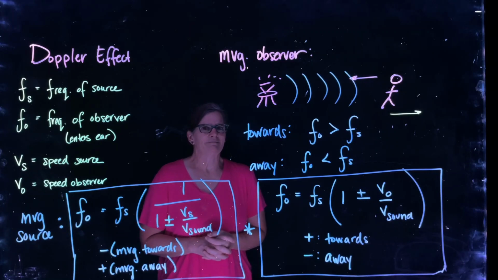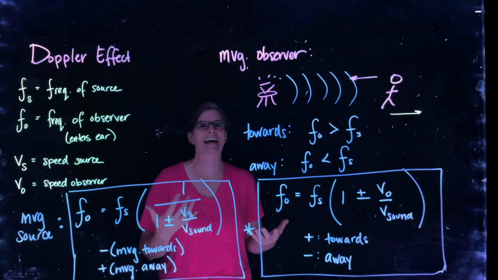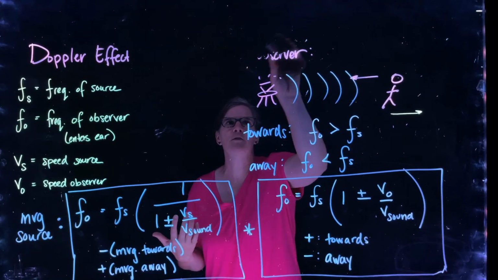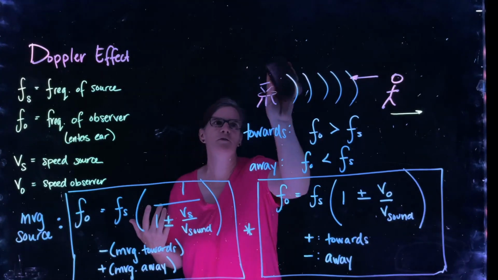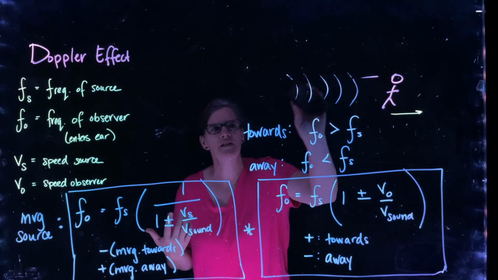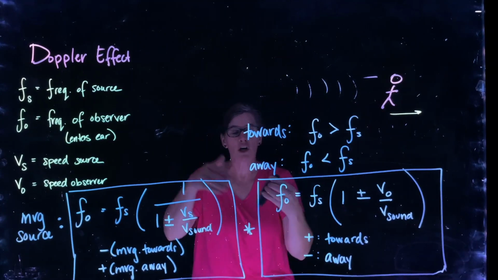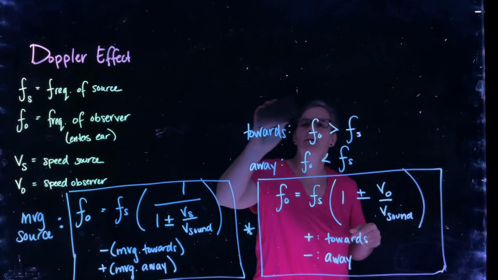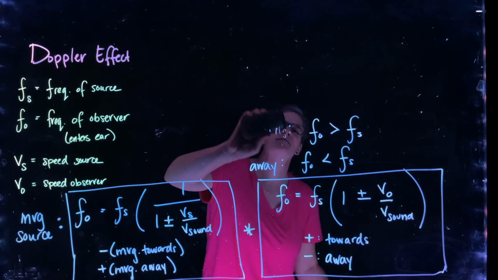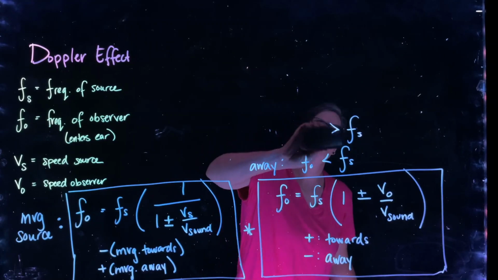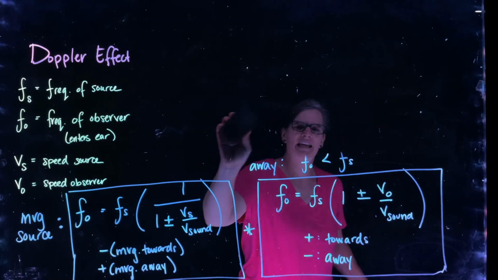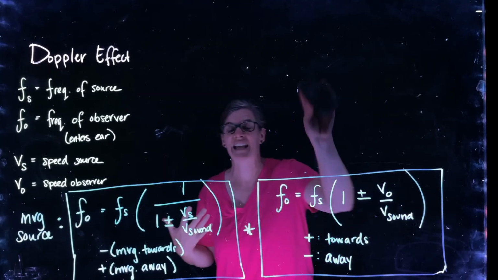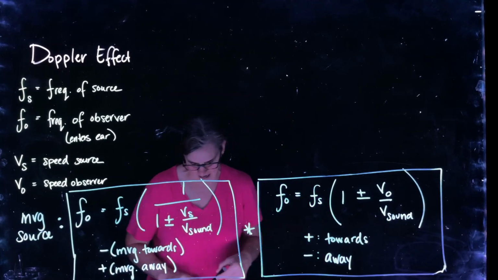Now, what happens if both are moving? If the observer and the source are moving? We're not going to go through the different scenarios: observer moving away, source moving towards, observer moving towards, source moving away, both moving towards each other, both moving away from each other, although you could. And I encourage you to think conceptually about how that would impact the sound. But I'll just tell you mathematically how that works. And it's going to make some sense, because if one of them is not moving, that piece sort of just falls out by multiplication of 1, falls out of